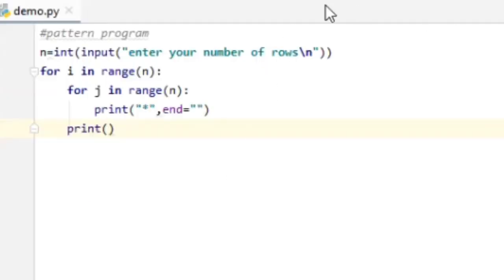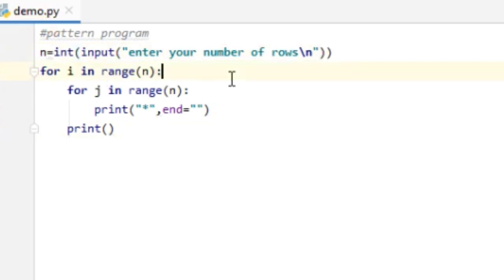Now we will see an example of a for loop. This is a simple pattern program to describe how the for loop works in Python. First we will take the number of rows and columns that have to be printed on the screen from the user, and we will typecast it because we are taking the input as an integer.